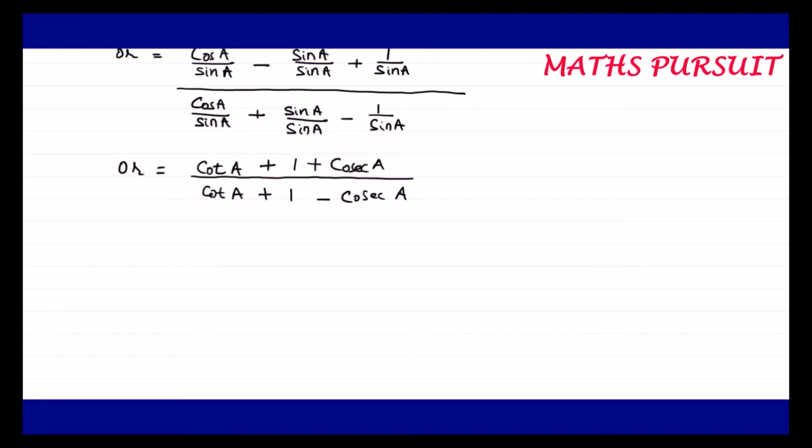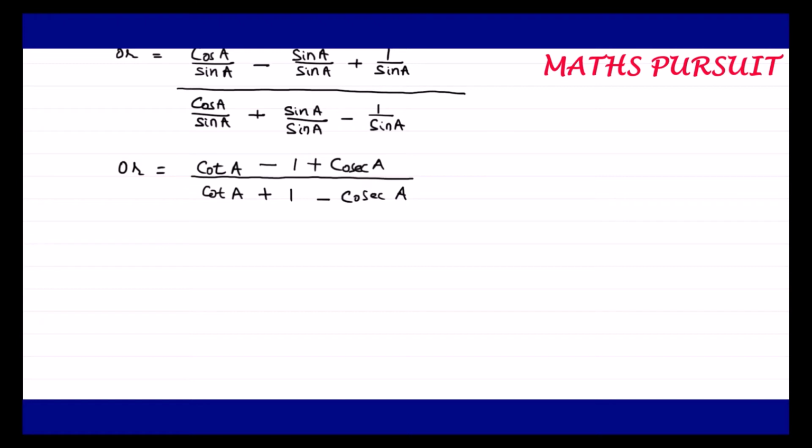Now guys, let us rearrange this equation. Why? Because you could see that we got cot A plus 1 plus cosec A upon cot A plus 1 minus cosec A. Let us bring this one to the extreme right from the numerator as well as the denominator. Now guys, here actually it should be minus 1, because if you look at the above numerator, there is a minus symbol. So that is going to be the minus 1 here. By mistake I took it as a plus. So as I told you, we need to be very careful.